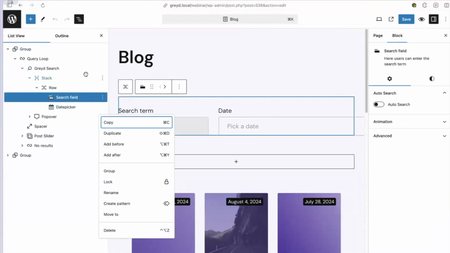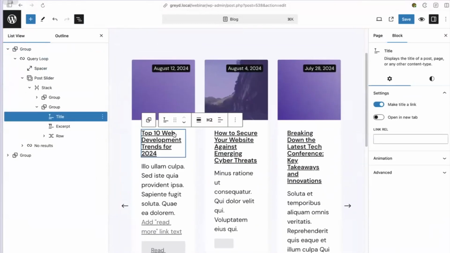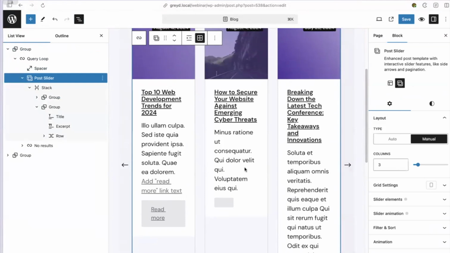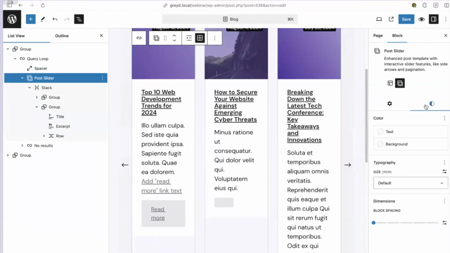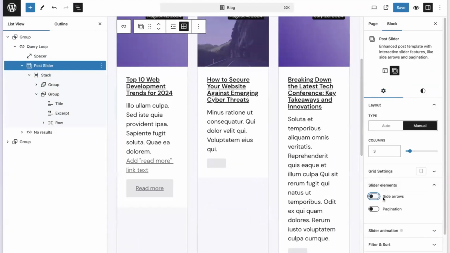So let's take a look at this thing. Let's get rid of the search block, we don't necessarily need this for now. So let's focus on the slider variation. In here, I have paginations on the left and on the right, and let's get rid of those because I don't need them for now.